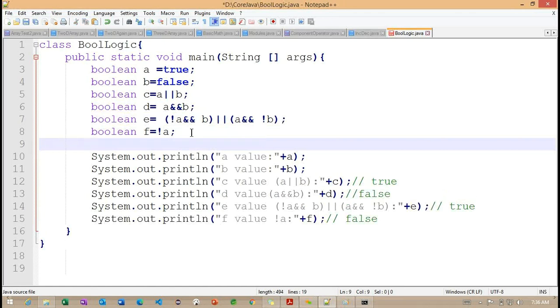To understand this real-time scenario, you can observe we are going to have emp. emp is nothing but an employee object. With the help of this employee object, observe here, employee.getPerson. If employee.getPerson not equals to null, so this is how I'm using the NOT condition.